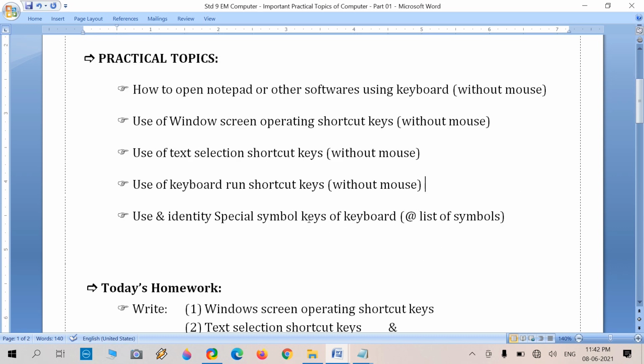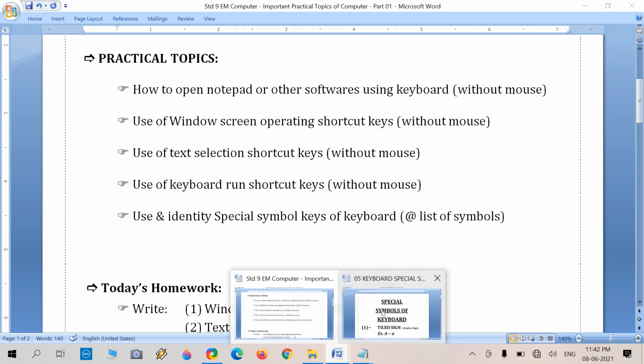And at last, there are so many important and special symbols available on our keyboard. We all know some of these special symbols, but not everyone knows which key is used where, and somebody also doesn't know the specific name of the specific symbol. In this last task, there is a file I made.